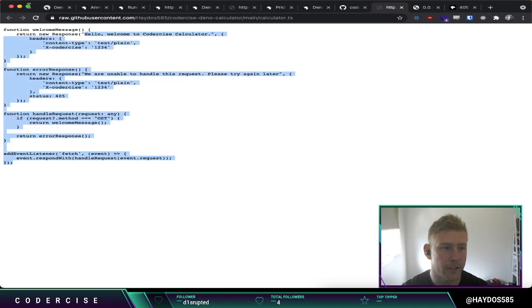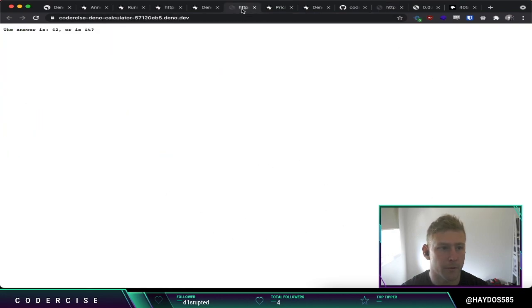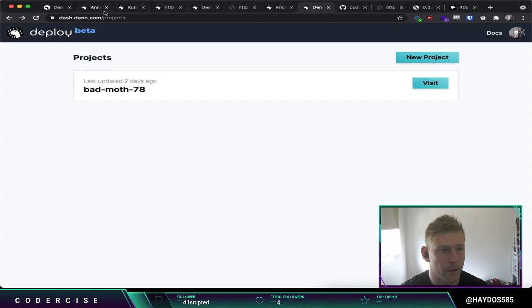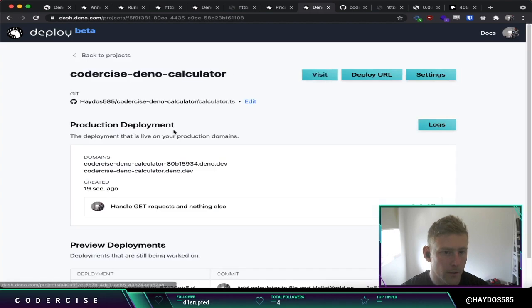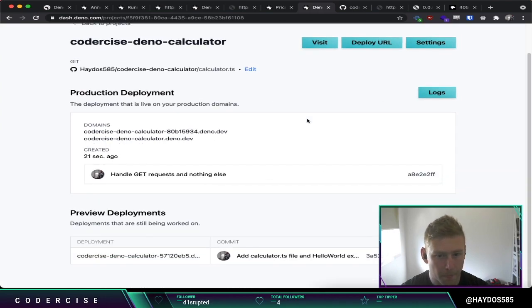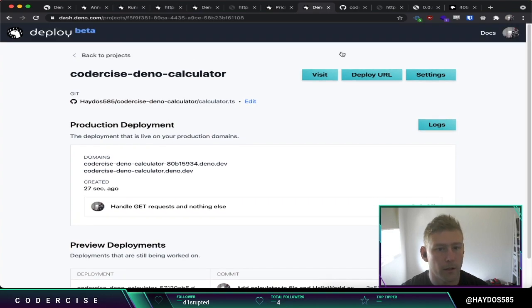We look at our calculated TS file again. You can see it's much larger now. Our code hasn't changed on this URL though. And the reason for that, we haven't set up our integration yet. And so what we need to do is